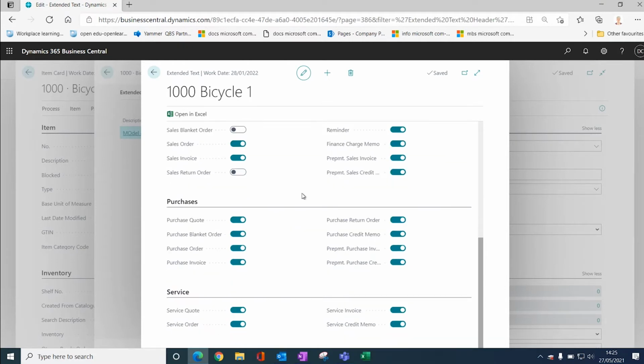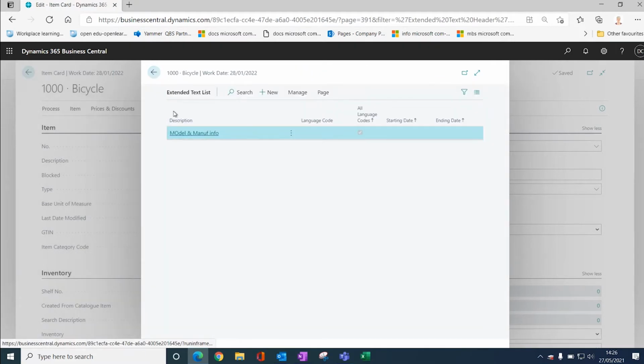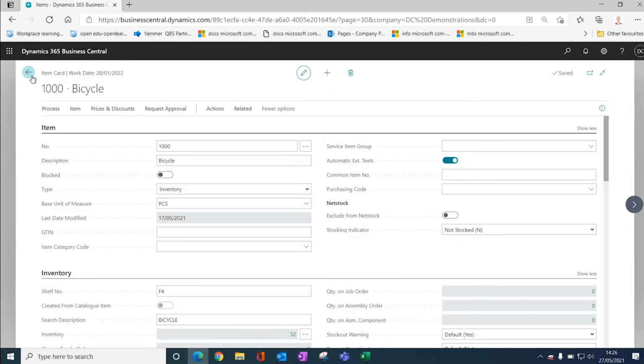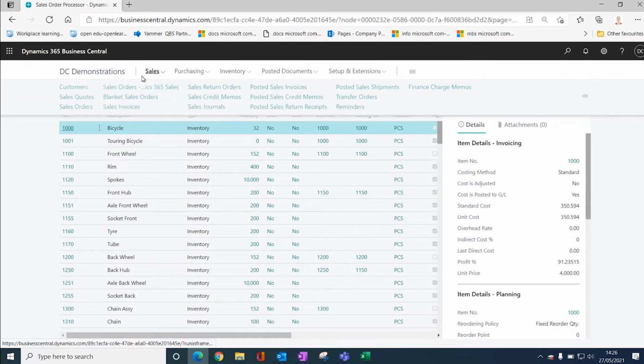And therefore I've got exactly the same questions against the purchases documents and also the service documents. So it might be that you've got unpacking or you've got handling requirements that you want to print on the documents. So I've created that as an automatic extended text so that when I go now and create a new